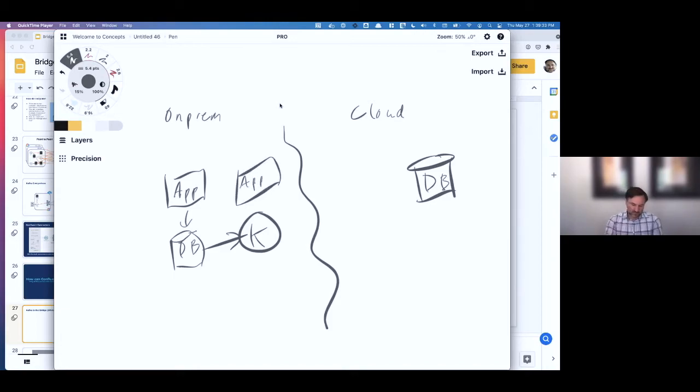And so you can have another app here on-prem, right? And say, hey, we want that information as well. We don't want to hit that database directly, so we're just going to get it directly from Kafka. And so again, you can use a connector to do this, or we have APIs that allow you to do this, and you can get that information from Kafka to feed that application. But you can do other things as well, right? Because it's in there, you can have as many different consumers who are grabbing this information as you want.